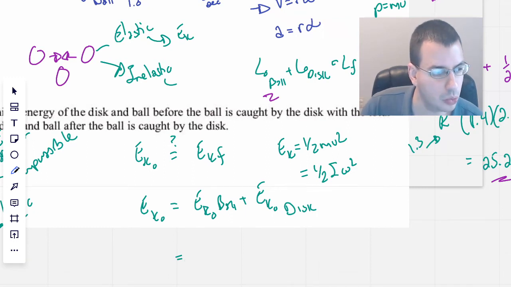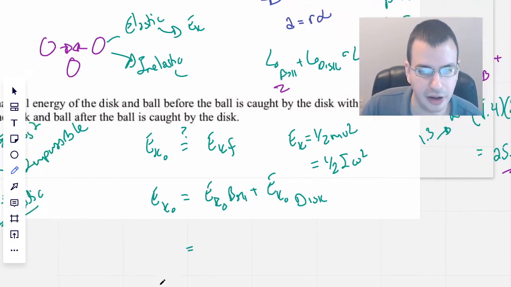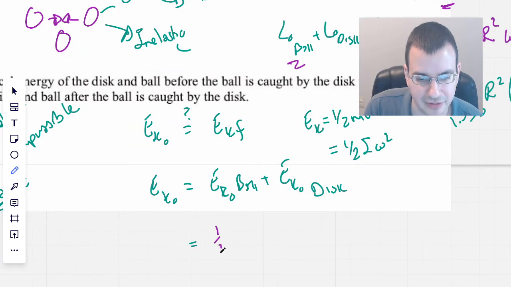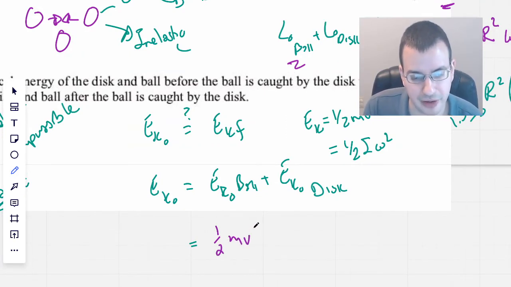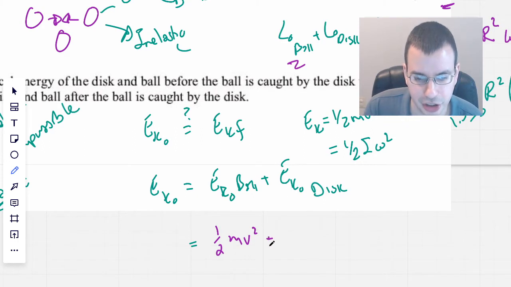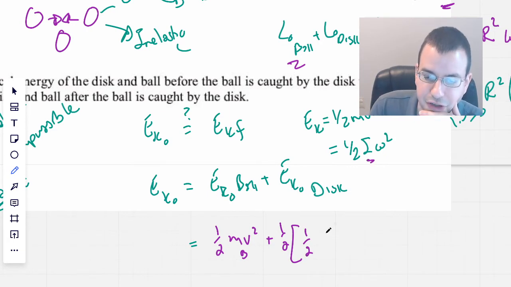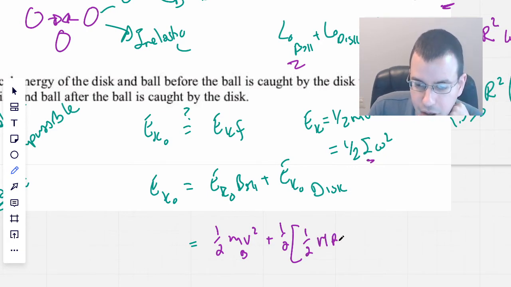So for the ball, we're just going to use 1/2 mv squared because we know its linear speed, and we can treat it as a point mass. This will be the ball. And we'll do 1/2 for the disk, the moment of inertia of the disk, 1/2 mr squared,